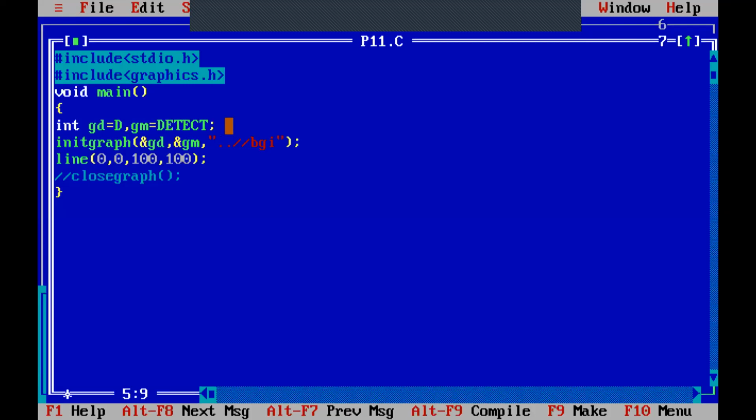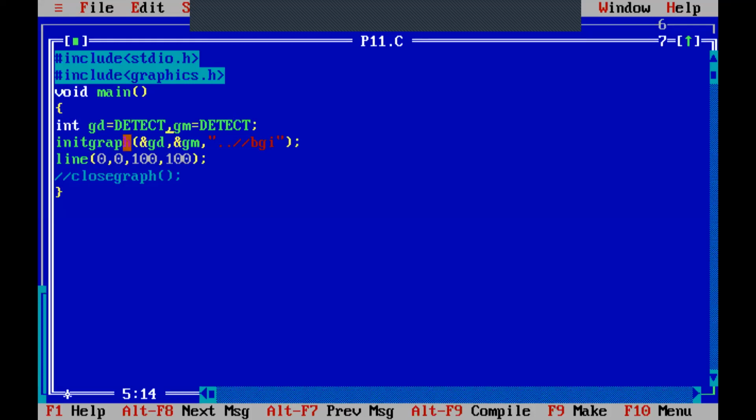Okay, so that is about detect. Always they are initialized as integer because they are kind of pointers or having the integer value in it. So graphics driver and graphics mode we are detecting. It will be automatically detected and pass the value.